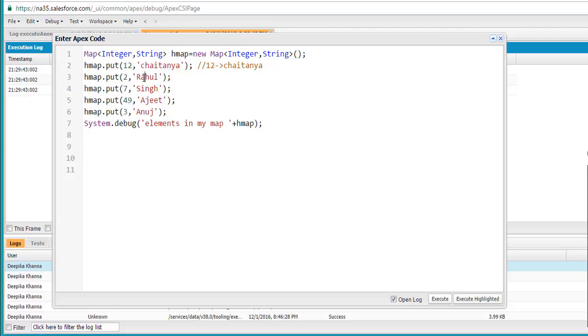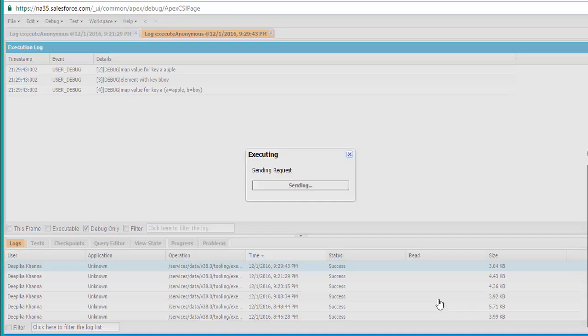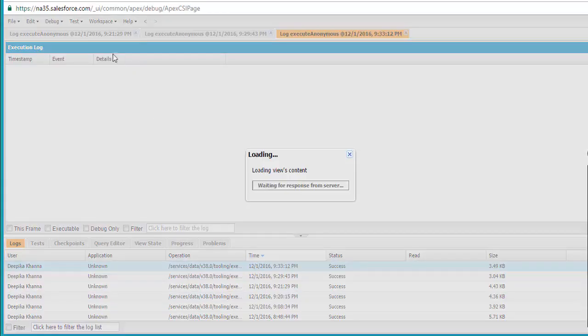For 2, this is the value. For 7, this is the value. So it is going to go ahead and show you a key value pair. So let's go ahead and run the program and the output is going to be,